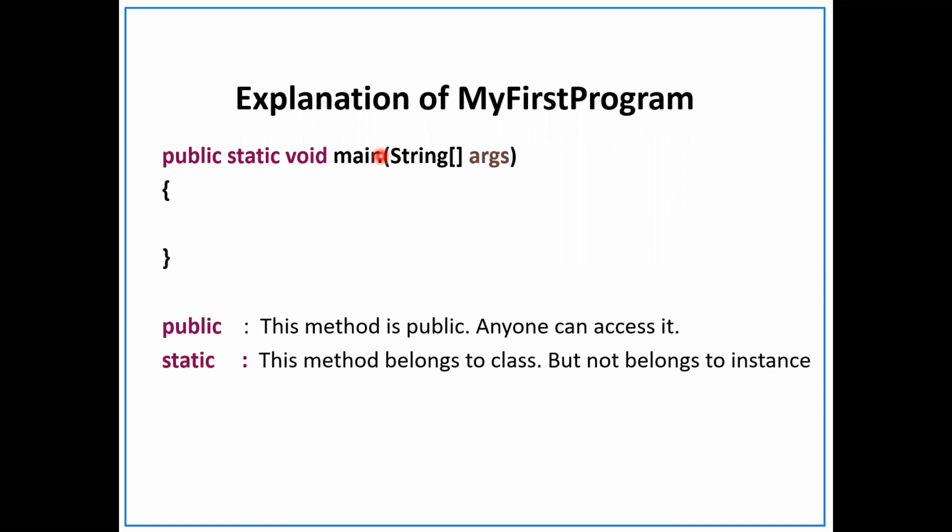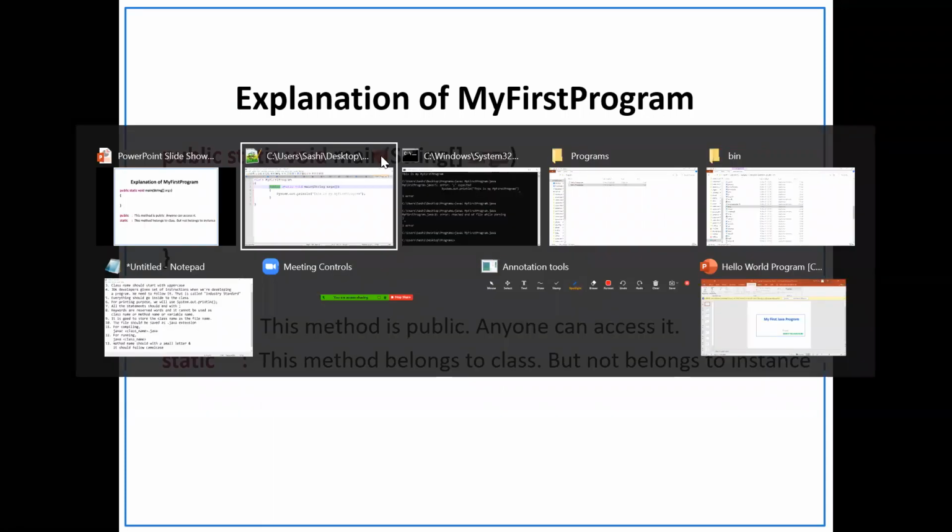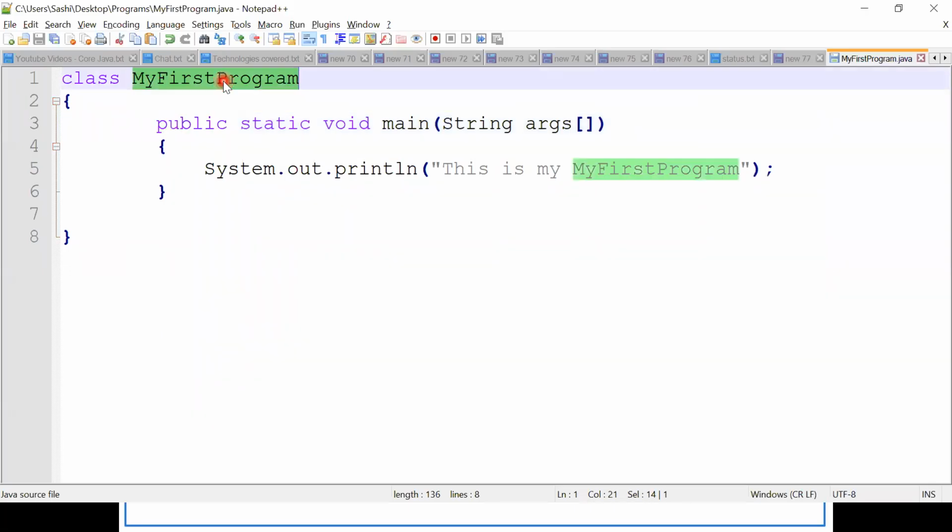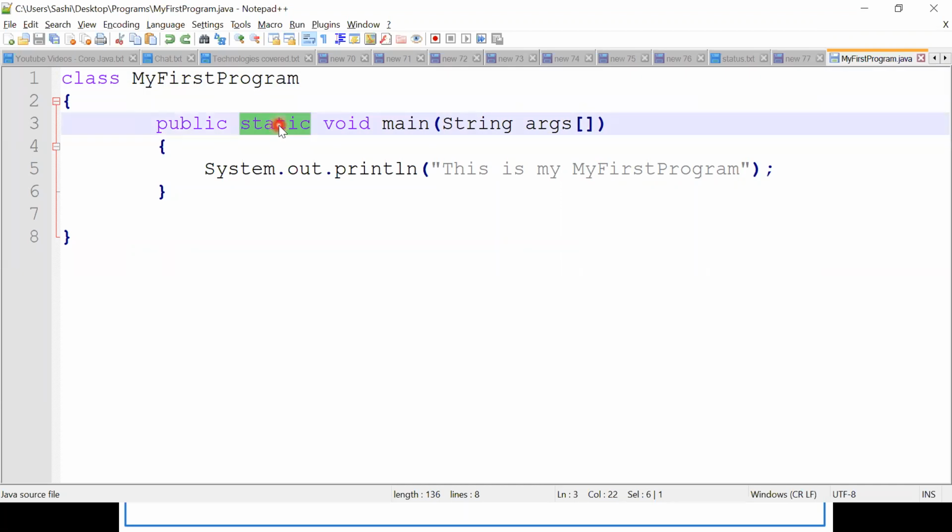No need to go very deeper for now. What is the class? Class name is my first program. This is our class. Consider you are changing it into employee class, right? What it means now? The main method belongs to employee class, but it does not belong to object or instance. That we will see very deeper. And trust me, we will see this in another 4 to 5 classes. Static is a very big topic. At least we need 3 to 4 hours for explaining. That time I will go very deeper.